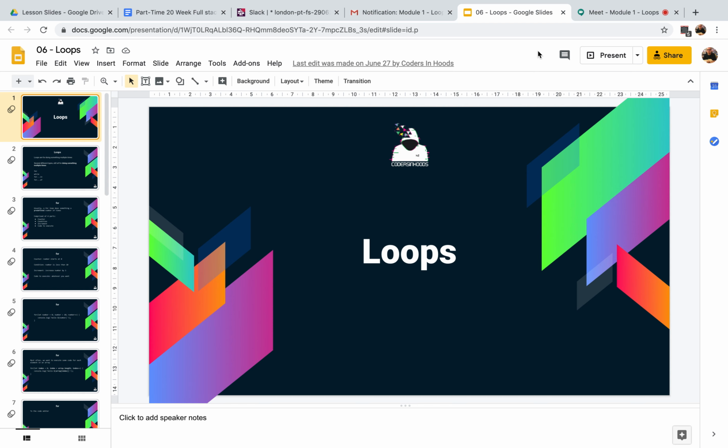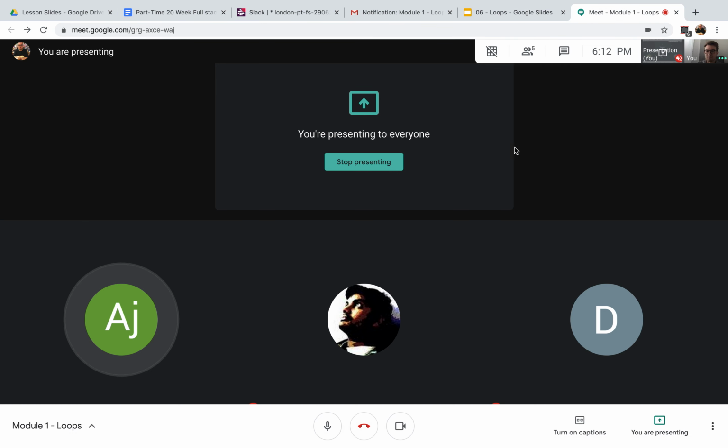One reason for that is lots of languages allow you to do loops in different ways, and also in JavaScript there's a few different ways of iterating over elements in a collection, and the loops that we're going to talk about today are